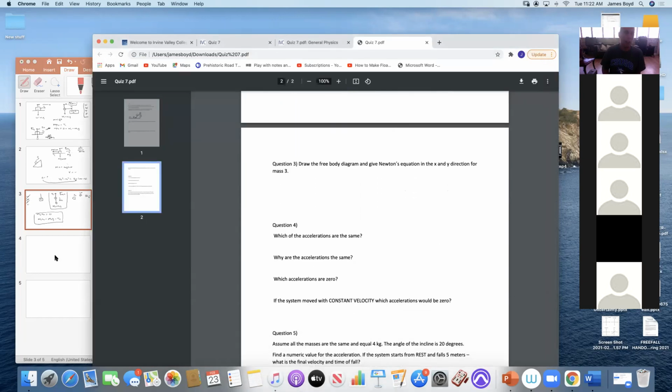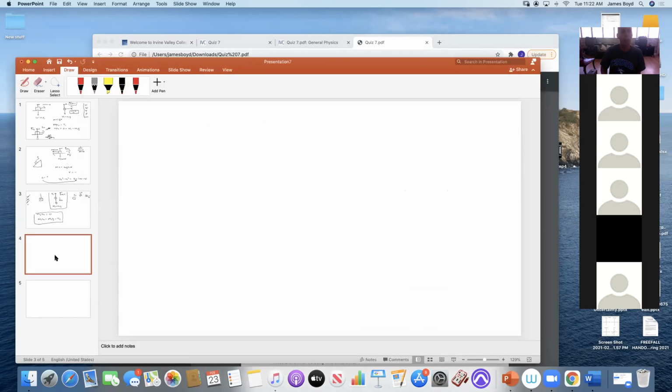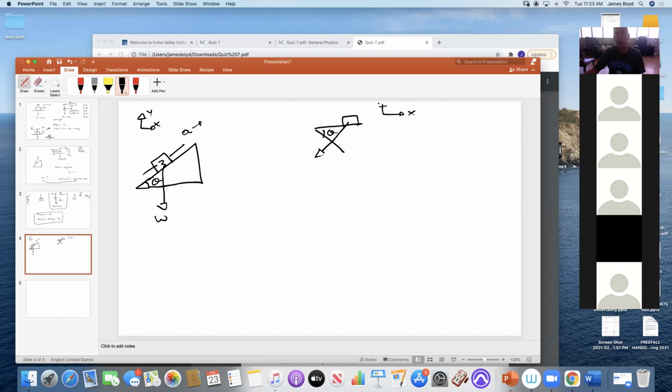3 is going to be a little bit harder. We note that 3 is on an incline at some angle, and it's attached by 2 ropes. And we're assuming A is going to go up the incline. So first things first, if you remember from last time, we turned it on its side. And when we did, the weight still has to go straight down. In this, X would be like that and Y would be like that, and the weight goes straight down. Here, X is now along the